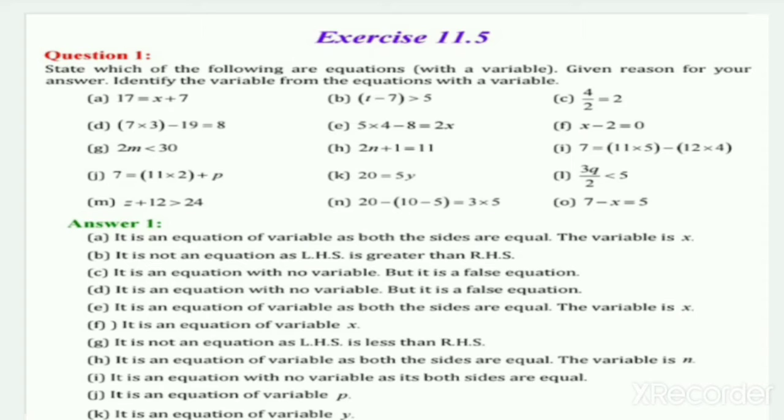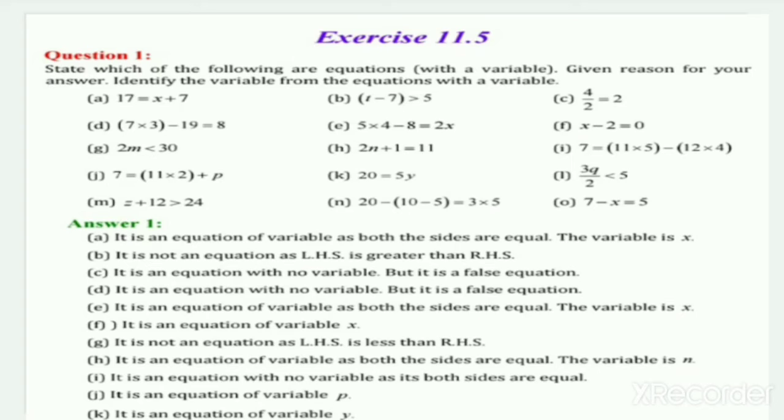Today we will do question number 1. State which of the following are equations with a variable. Give reason for your answer. Identify the variable from the equation with a variable. Okay, variables, you can say, are the alphabets which are added to or subtracted from constant numbers, or just written with the constant